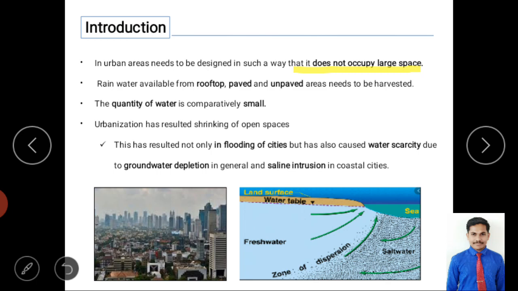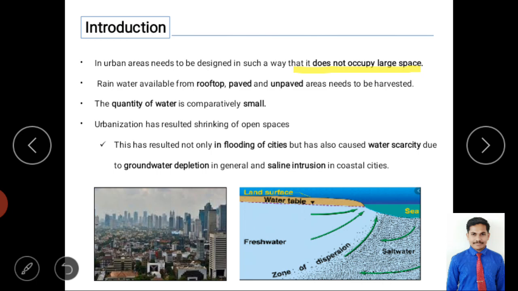Next, rainwater available from rooftop, paved and unpaved areas needs to be harvested. Here we are mainly collecting water from rooftops, because in urban areas we have dense houses, and the catchment area is the rooftop. The next catchment area is the paved road, and a remaining small portion of unpaved road.